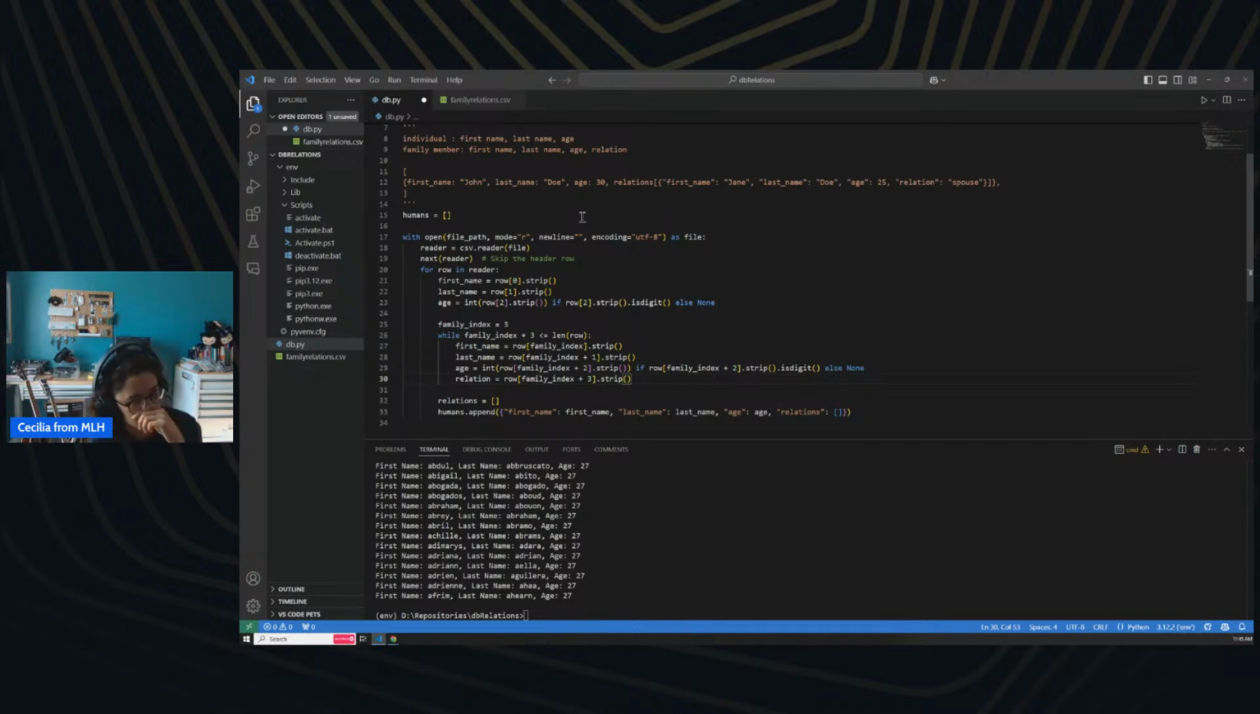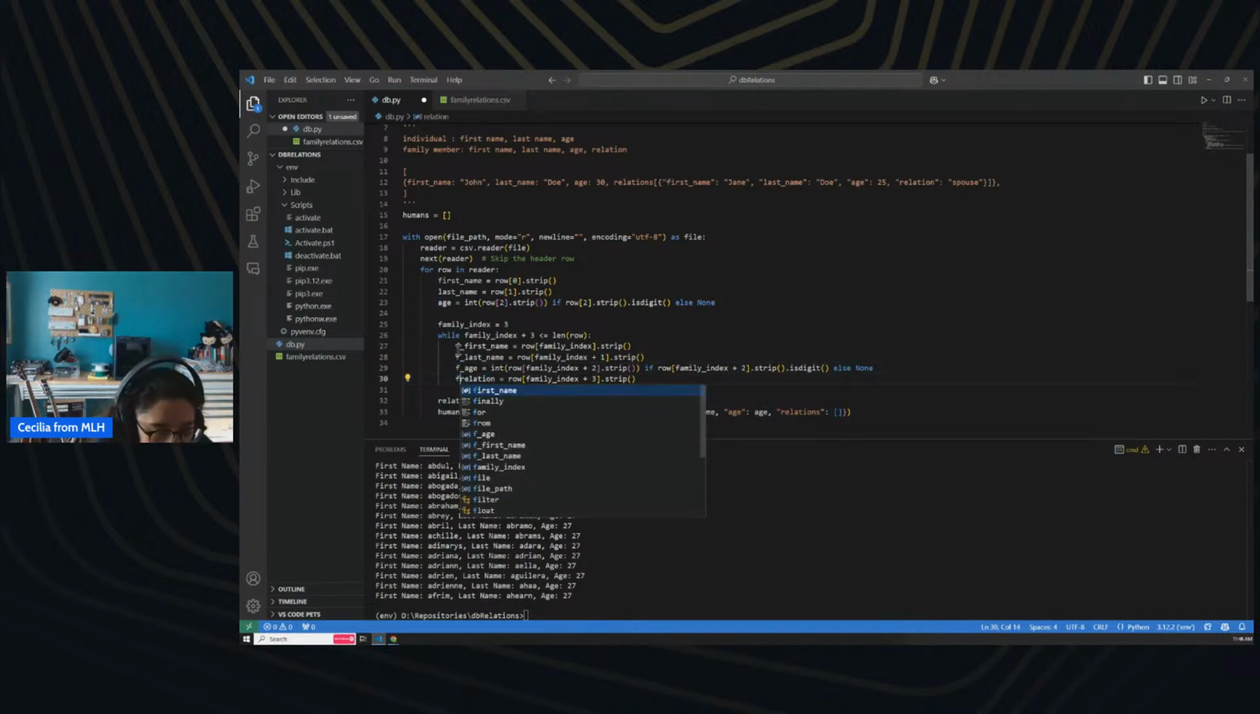Do we need anything else? Oh, something to consider that would have introduced a bug is the fact that we're using these same first name variables here. So maybe we call that family first name, family last name, family age. And relation we don't need to worry about, but for consistency's sake,